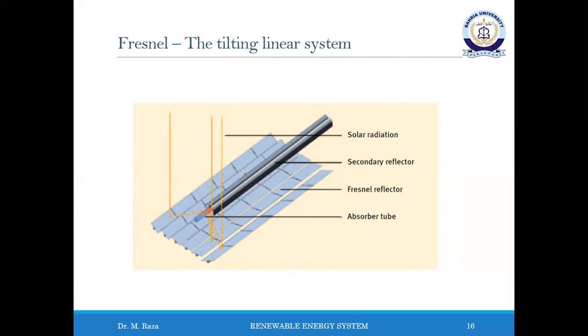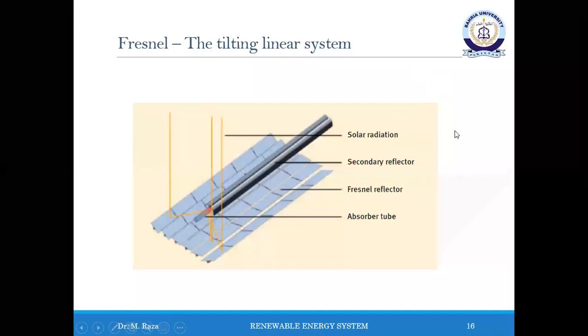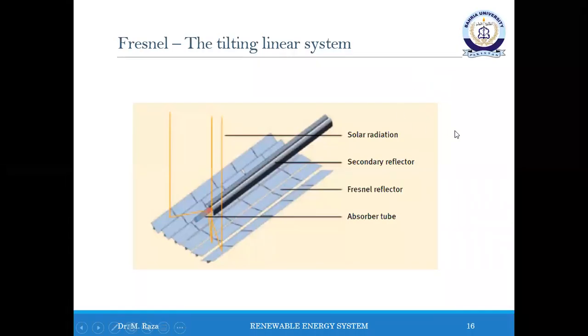Instead, the near-ground mirror segments, the primary mirrors, tilt about their north-south axis during the course of the day and concentrate the solar radiation onto the receiver fixed above them. Depending on the design, the primary mirrors are flat or slightly curved and precisely track the sun using a motor or cable drive. Glass mirrors are normally used as the mirror material. They are fixed to the metal structure.